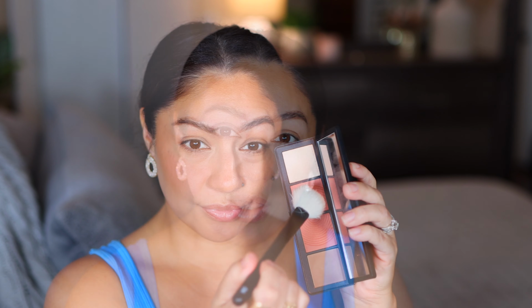I think that these blend really nicely. I love the finish of it, how easy it is to build them up. It's not going to give you full pigmentation right away that is going to stay in one area. It really blended out so easily, and I am really liking these two. But let me go ahead and just do the rest of my makeup and I'll